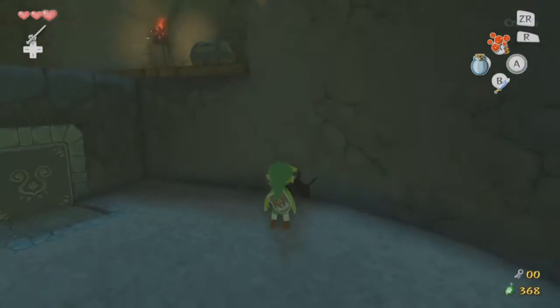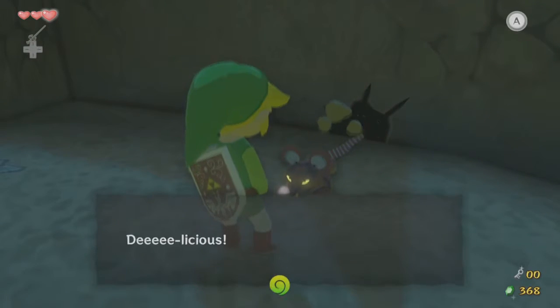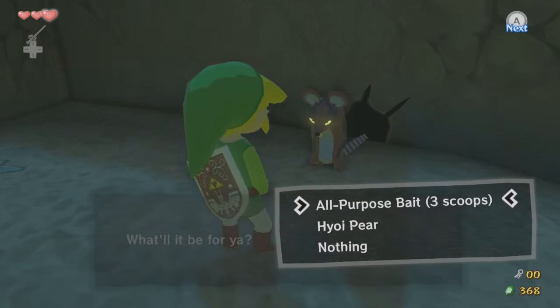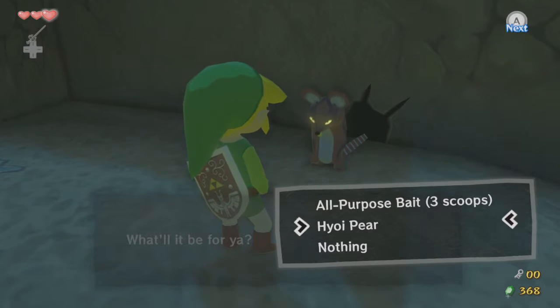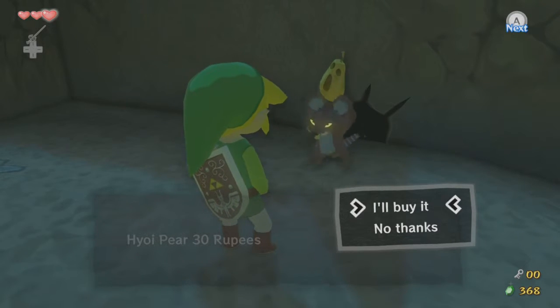Alright, so, this rat hole, we have some bait. Let's throw some bait out here. Delicious! Hey, I got something real good to sell for you. So we can get some all-purpose baits, 3 scoops, hoi pear, or nothing. Remember I said I was going to hold off on the hoi pear at Beetle's shop ship? Well, this is why. You can get them here, also all-purpose baits. This is basically Beetle's shop ship without the beetle. So I'll buy a hoi pear. Hoi pear for 30 rupees. That is basically the same price as Beetle's shop ship, so...